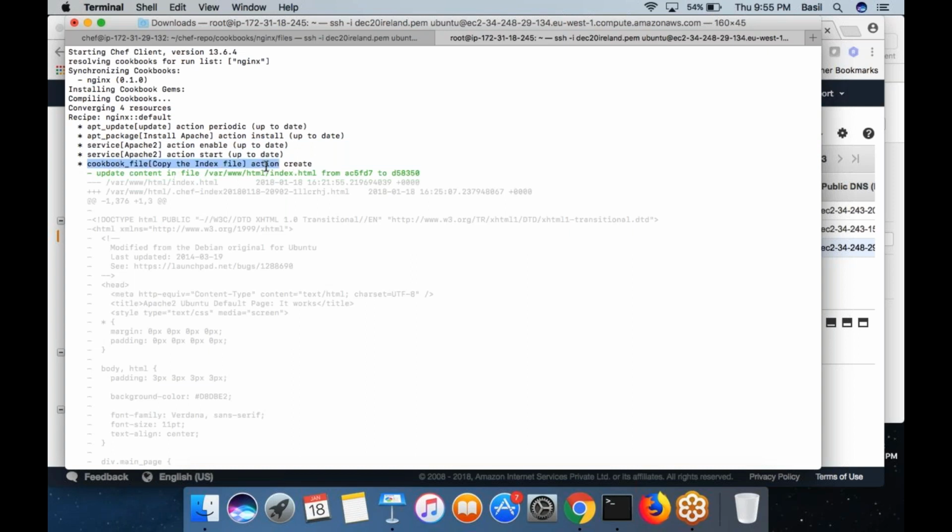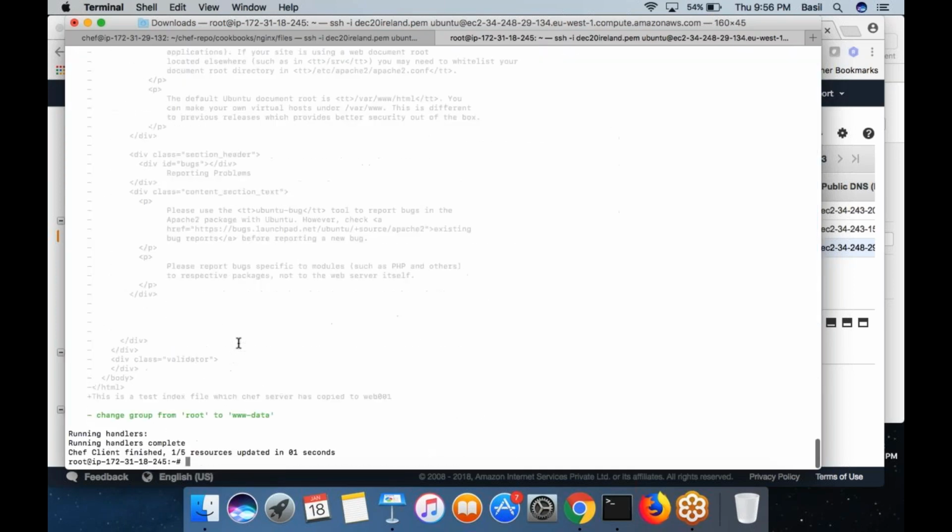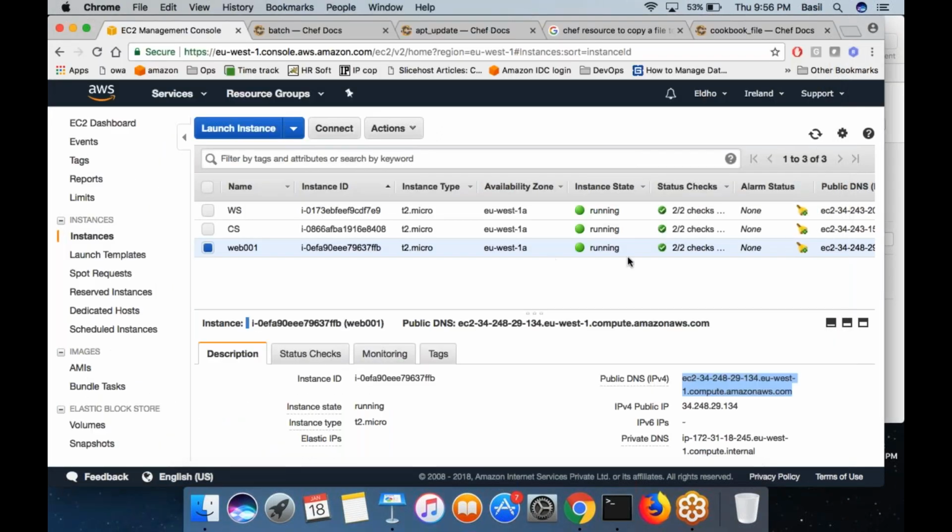So basically what this command would do, it would create this index.html file from the files folder you already saved. And as you can see, there was already some index.html file in the node with this content. If you see a minus symbol in the beginning, what it means is this entire content has been removed, and this is the new content that got added, which is nothing but the content inside the chef server index.html file. So you are done. Basically your index.html file is copied to the client node.